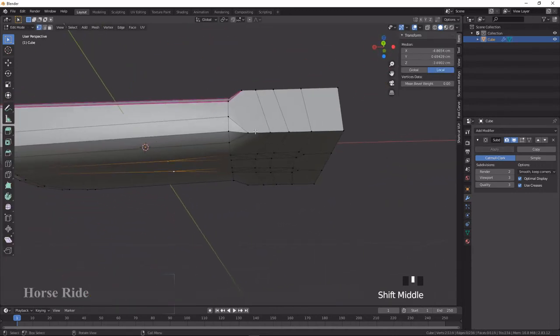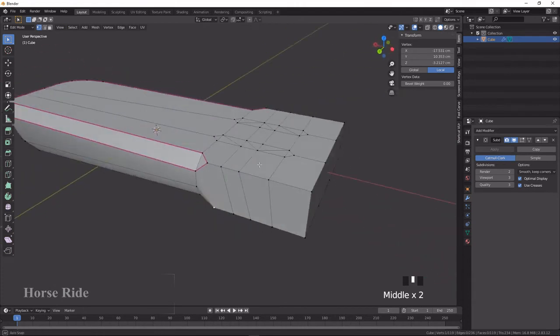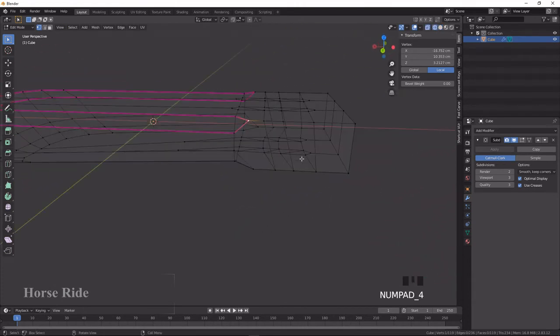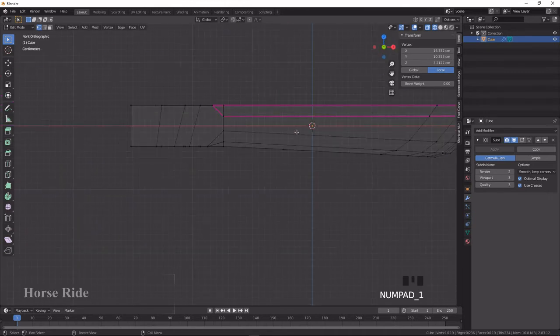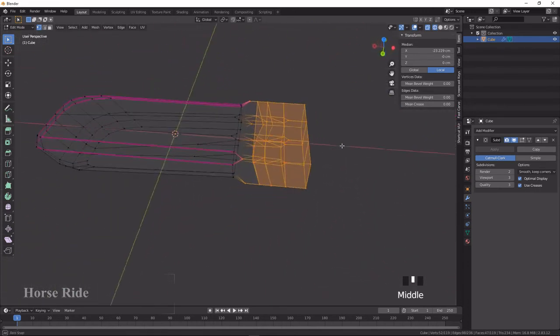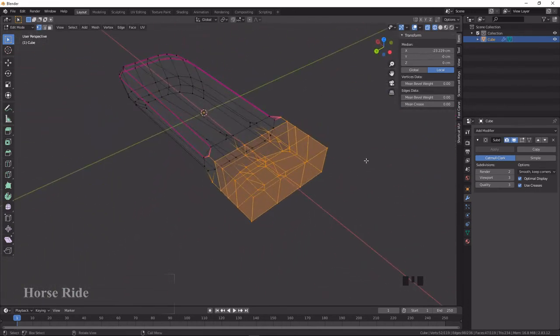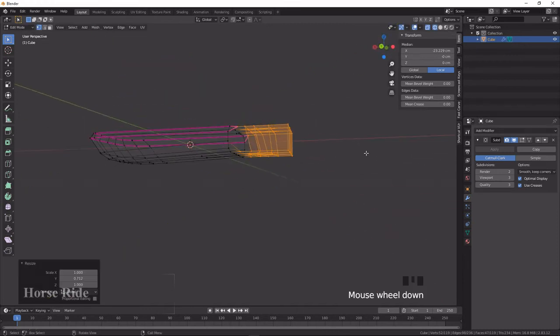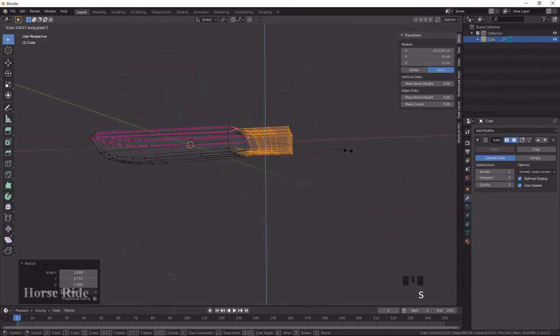Okay, and here I'm going to select these vertices, press 1 on the keyboard and select these things. So I have selected all the things. Scale it in the Y axis, press S and Y and scale it slightly down, and scale Z.